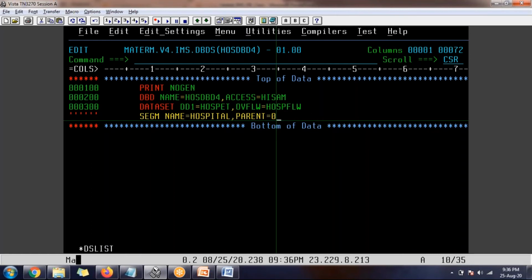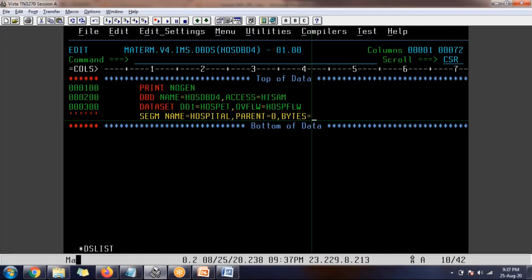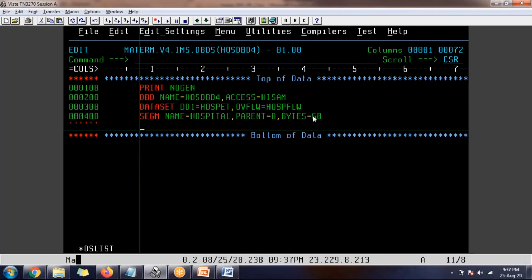That is the meaning of it: 0 indicates Asphotel is the segment, a root. Next, we have another parameter, BYTES. What is the length of the segment? Altogether it is also one type of segment. How many fields are there, and what is the length of it? I will say 60 bytes. It depends on the number of fields. You can have a buffer space also.